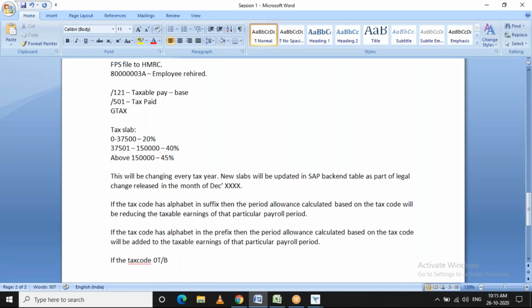Okay, so now moving to the next case. If the tax code is 0T or BR, then whatever the employee is earning, 20% will be straight applied. There will not be any slabs or any allowances, either reduction or addition to the taxable earnings. So take the taxable earnings and 20% will be calculated.